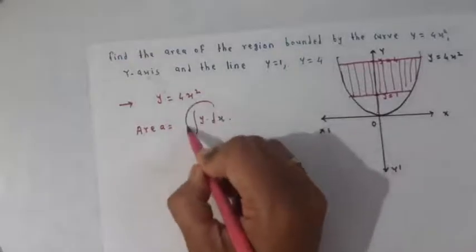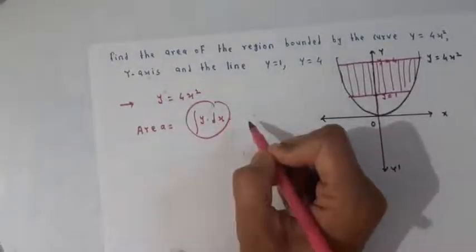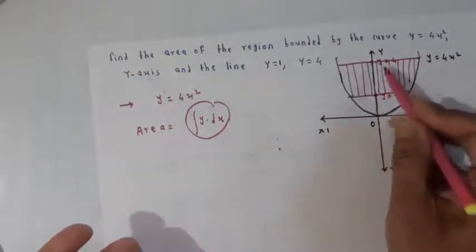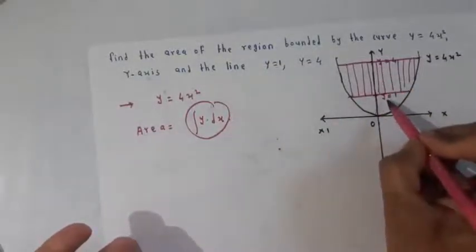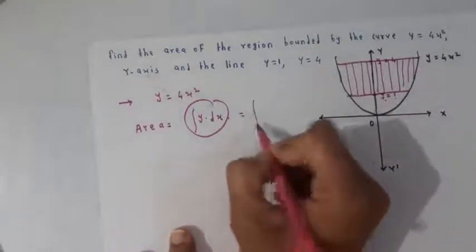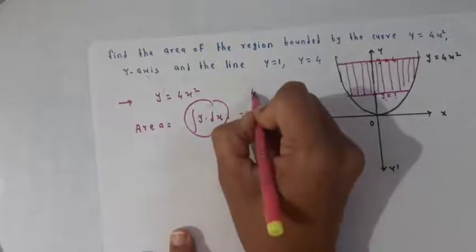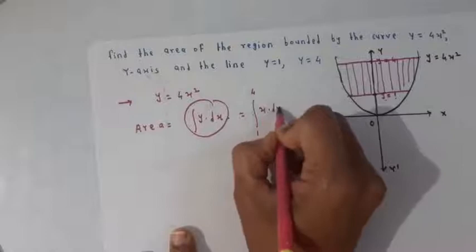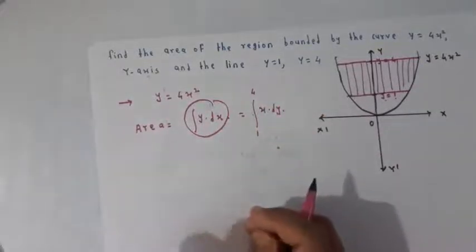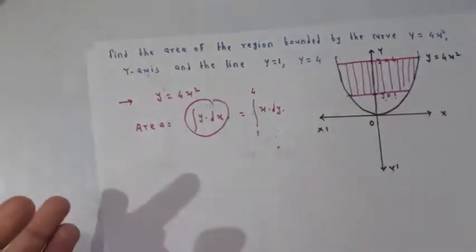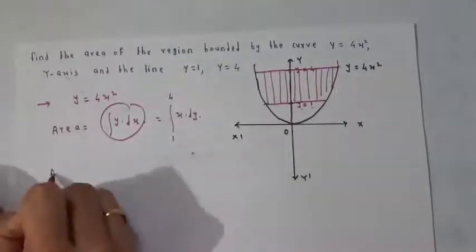That means here instead of integrating with respect to x, we will integrate with respect to y, so that we will take the limits of integration according to y, that is y equal to 1 to y equal to 4, and hence limits of integration y equal to 1 to y equal to 4 and function x with respect to y. In this way we will find out that required area. Okay, hence the required area